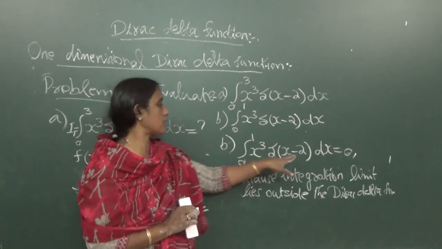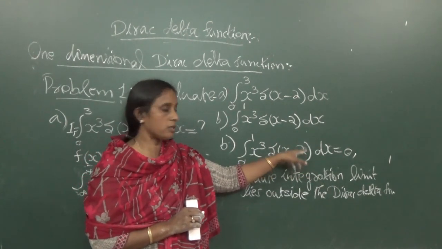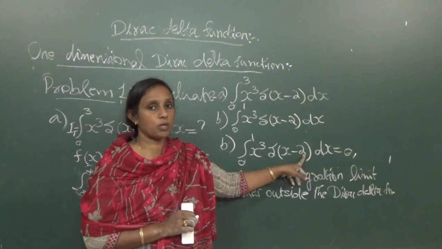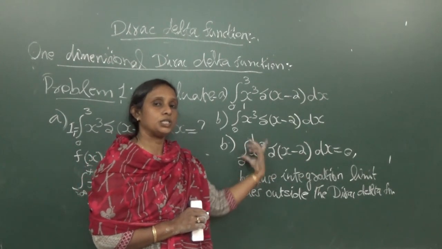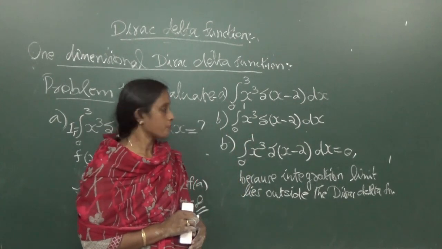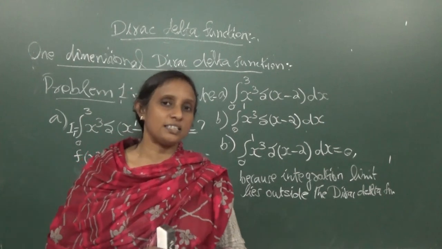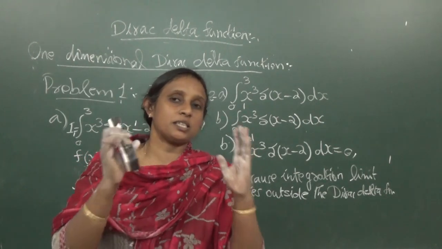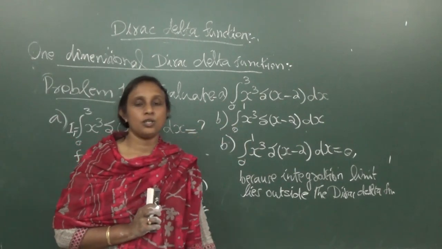Because you can see that its origin lies at x equal to 2. Sorry, this peak value lies at x equal to 2. But your integration limits run only from 0 to 1. Okay. Now I think you have a picture how to use this Dirac delta function to solve